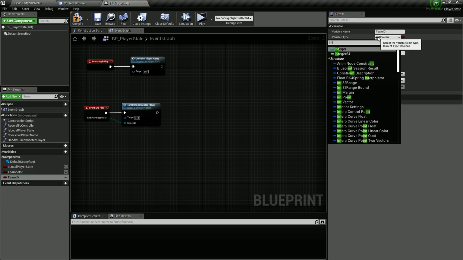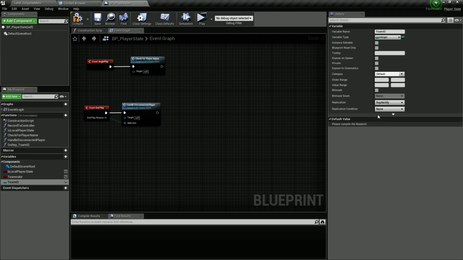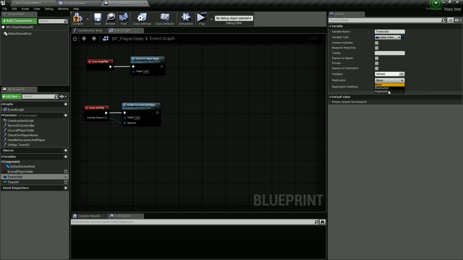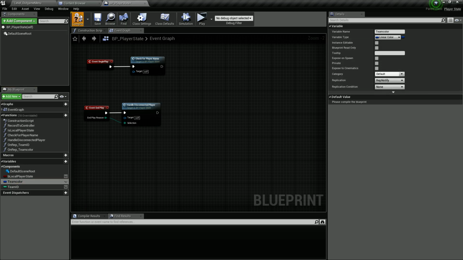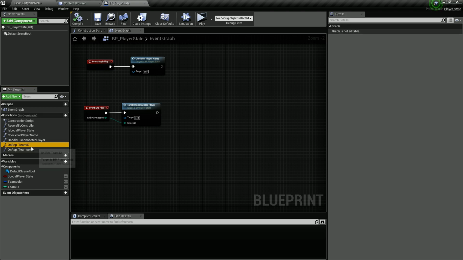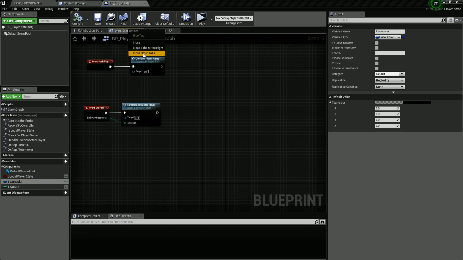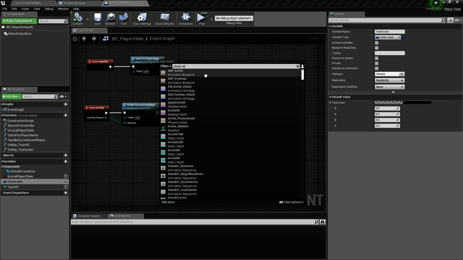Team ID is going to be an integer and it's going to be rep notify, and team color is going to be a linear color and it's going to be rep notify as well. So it created two new functions, received when these variables are being modified. And we want to open up our player entry,